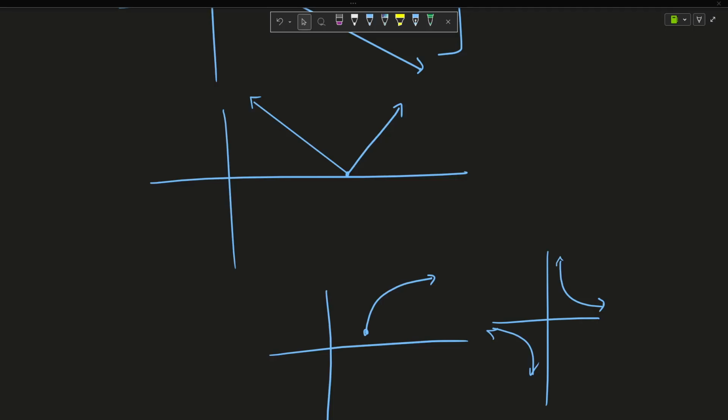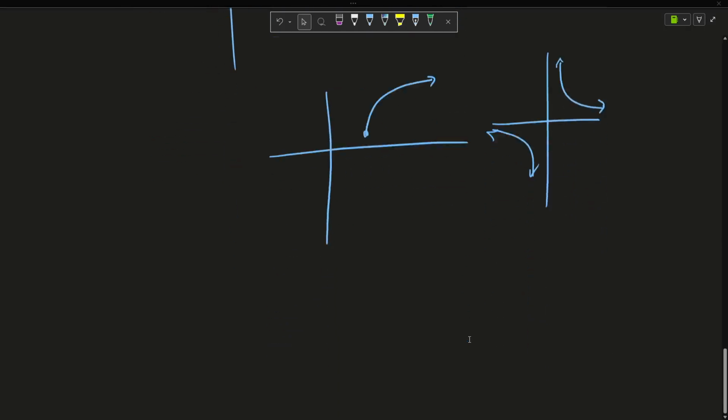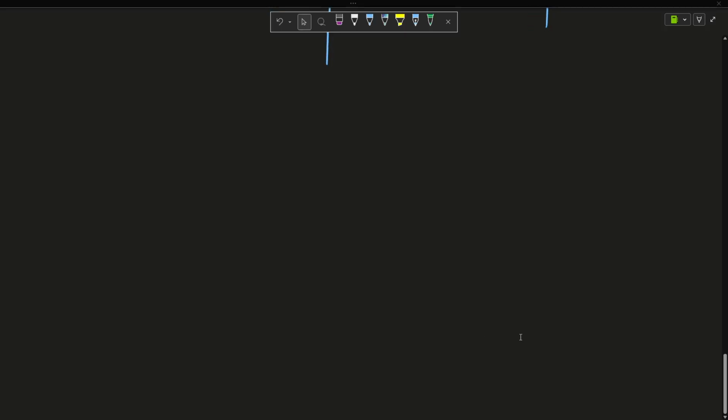Some other things as well is we went over the limit definition of the derivative the last couple of classes, but I will emphasize it a bit more because I feel like we still need to practice it. So if we are continuously getting it wrong, I'm going to do one example right here that might be helpful. So let's find that if f of x,